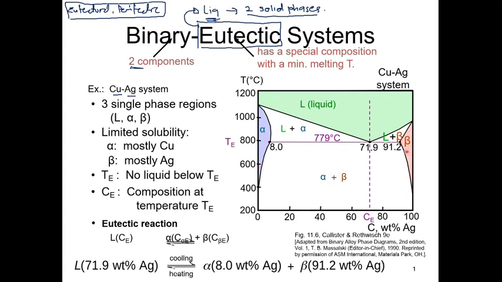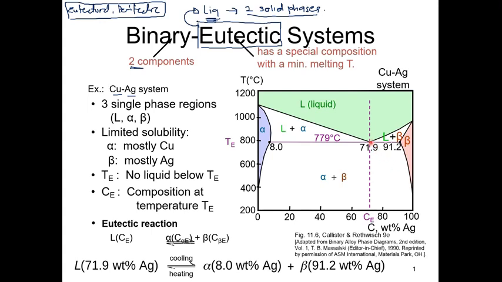Okay, merah solid, biru solid, cuma this solid is purely copper, this solid is purely argentum. This will be mix of copper and argentum solid. This will be mix of copper argentum liquid. This region, okay, will be liquid plus copper solid. This region will be liquid plus beta solid. Okay, so it means that